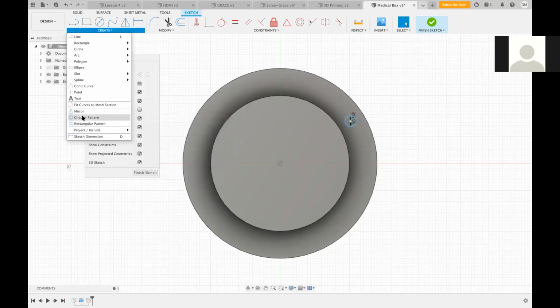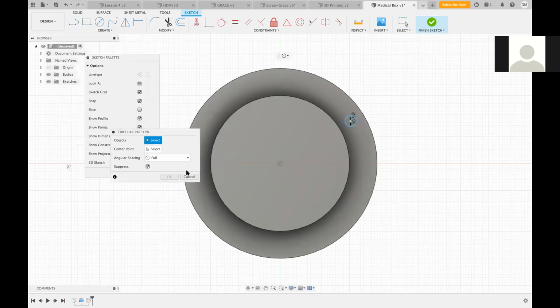No. Click center circular pattern, then click your circle. The big one. The smaller one. Or the small one. Yes. Then click center point. Hapa. Click hapo kwanza, click huko kwa center on the hapa. Then sasa enda